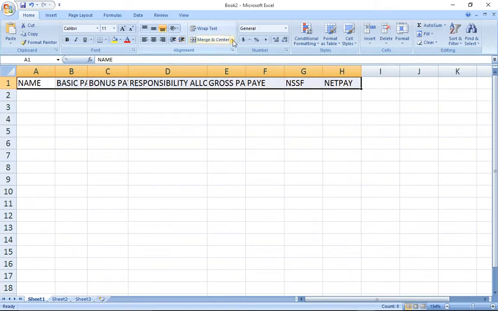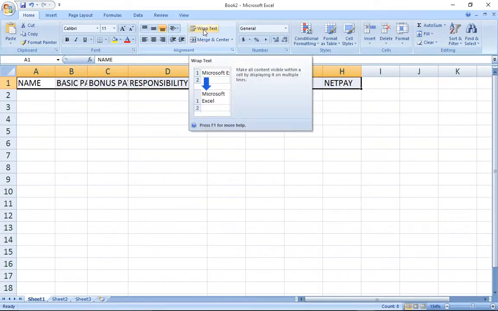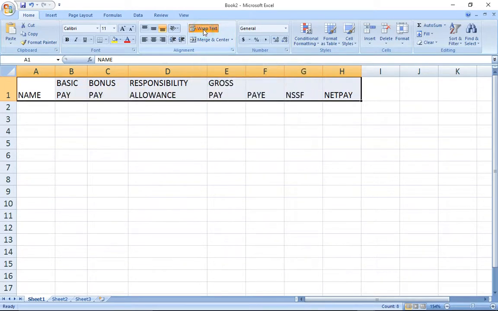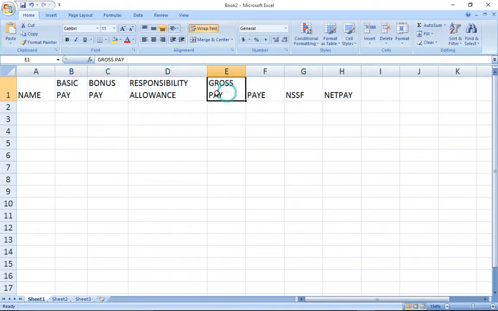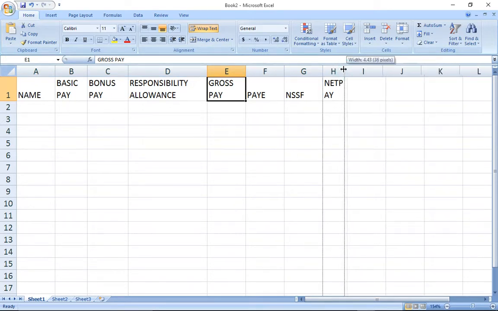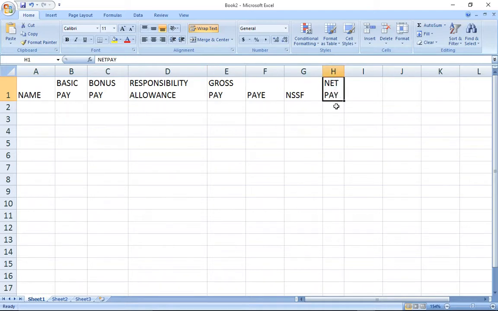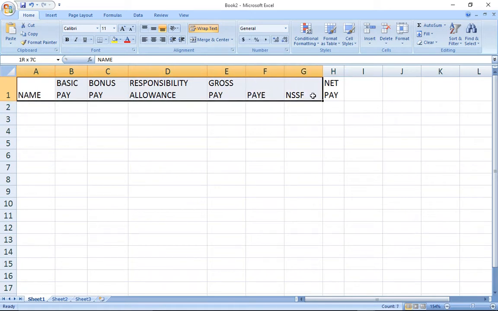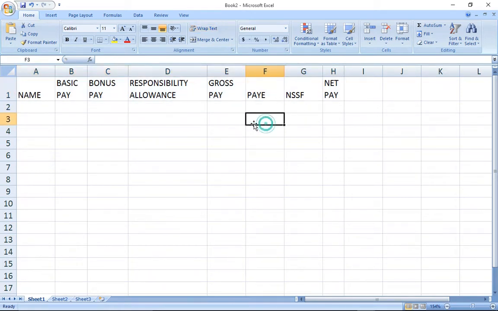then come right here. Sorry, there is this option for wrap text, so you click on it and then everything will be wrapped, even this net pay. The more you reduce the cell, the rest of the data will be pushed onto the next line but within the same cell. So that's how you could go about that, and after that you can start now typing in the other records